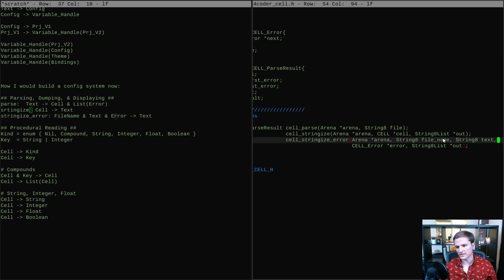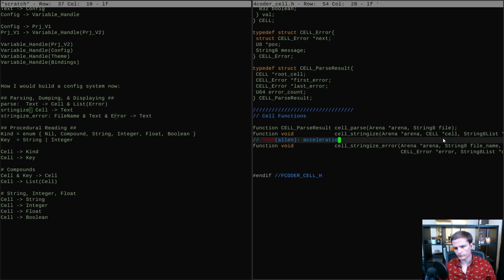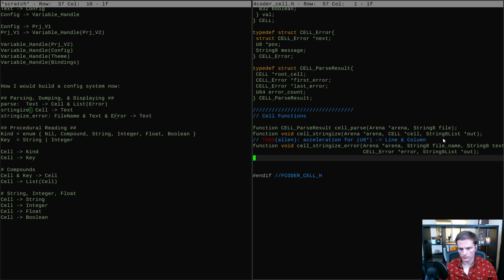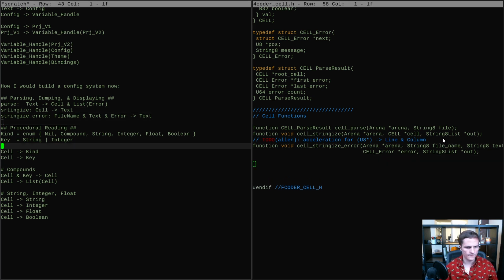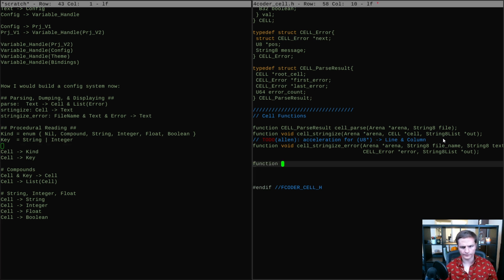So you might want to switch this out with an acceleration. So that's an option to think about at some point. And then you would do